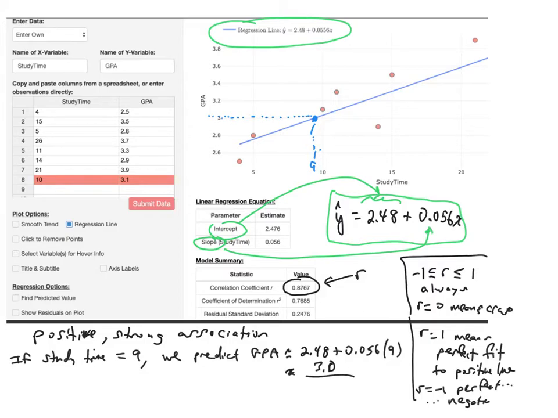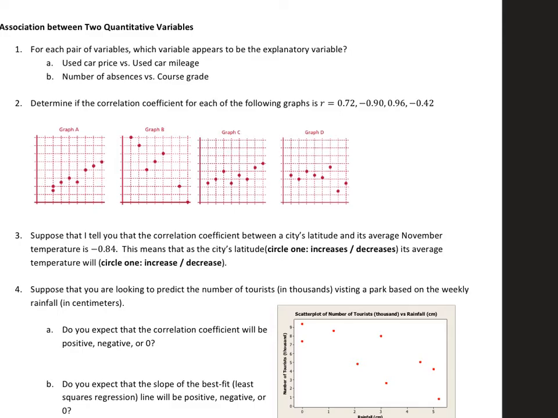I think that's all the questions that it asked. Let me just see. Yeah. Okay. And then on the back side of the page, there are some more exercises that really are getting more at vocabulary. The first one is about explanatory versus response variables. So if you were looking, for example, at used car price versus used car mileage, you would think that